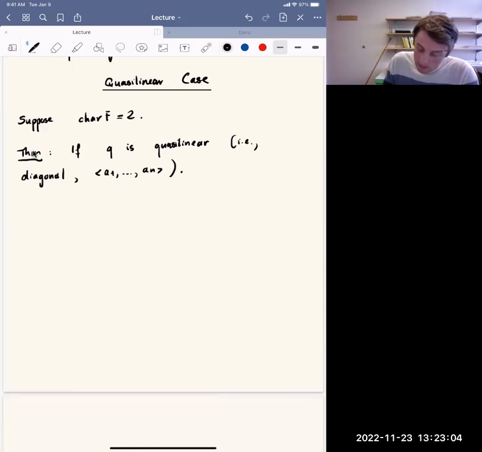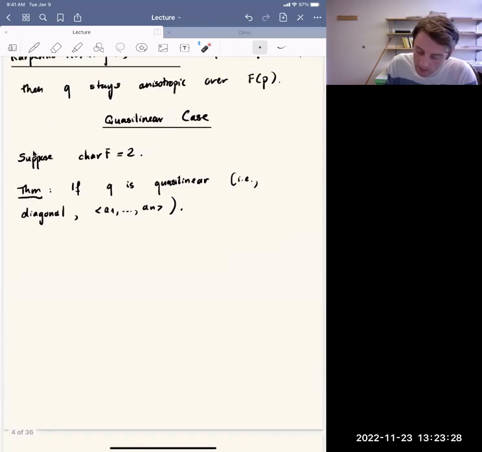And the forms are interesting enough that analogs of many of the main known results for non-singular forms are also true here. So this becomes an interesting testing ground for conjectures of the type that I've just mentioned. Now, the first thing to say is that in this case, if our form P is non-singular, then Q simply